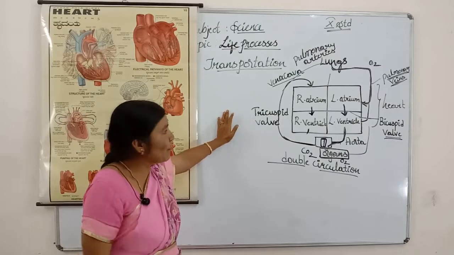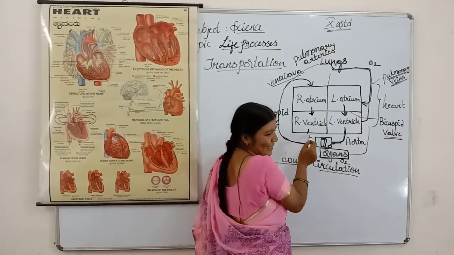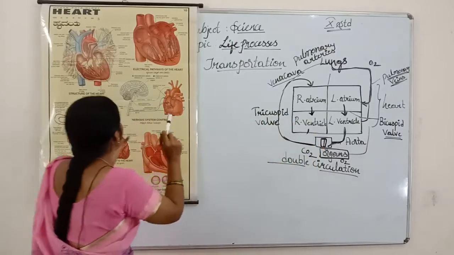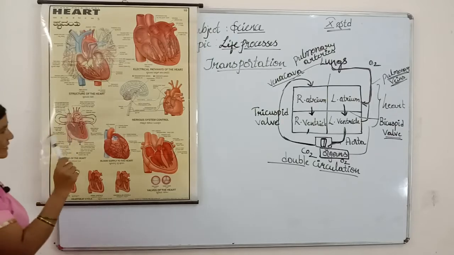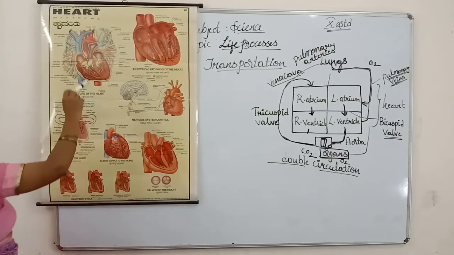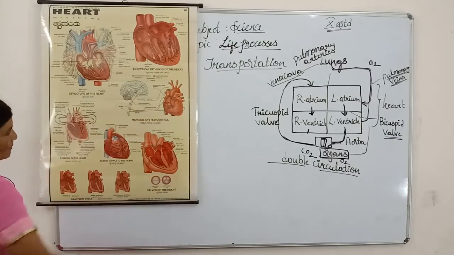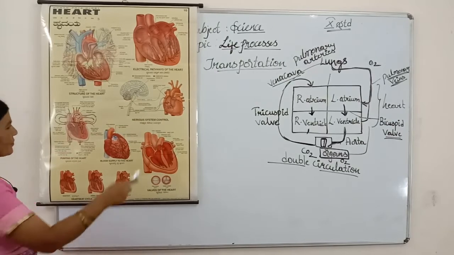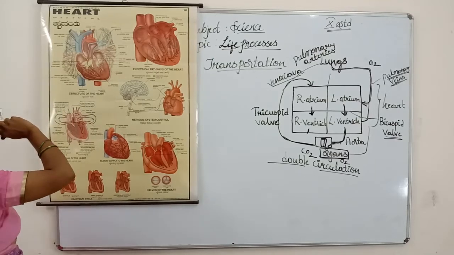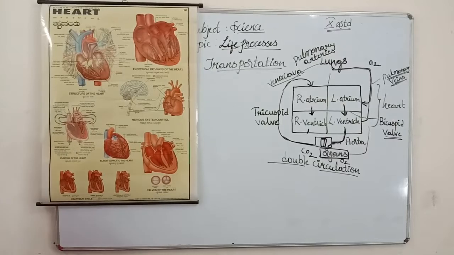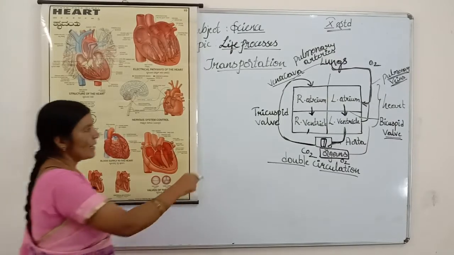Heart diagram is very, very important, but you should not draw this as a heart diagram. I already told you, this is the structure of a heart. We have 2 upper chambers called auricles and 2 lower chambers called ventricles, or atrium also we can call auricles. And in between we get a bicuspid valve, left atrium and left ventricle. Next, right side of the heart, right auricle, atrium and right ventricle. We get in between a tricuspid valve.